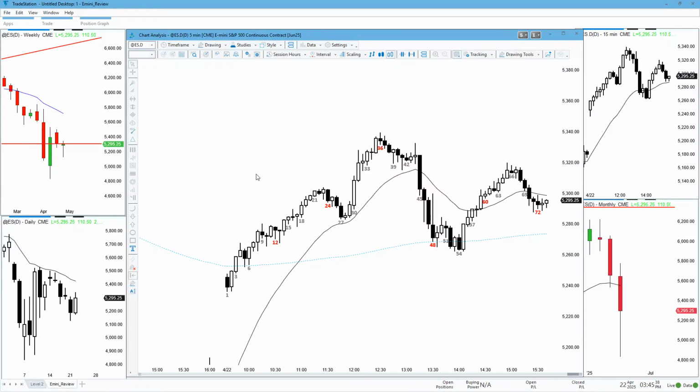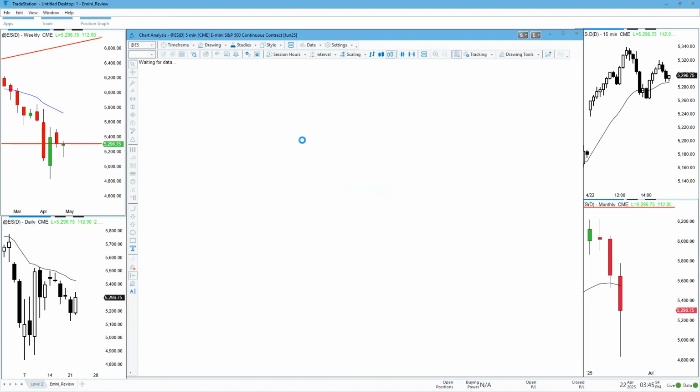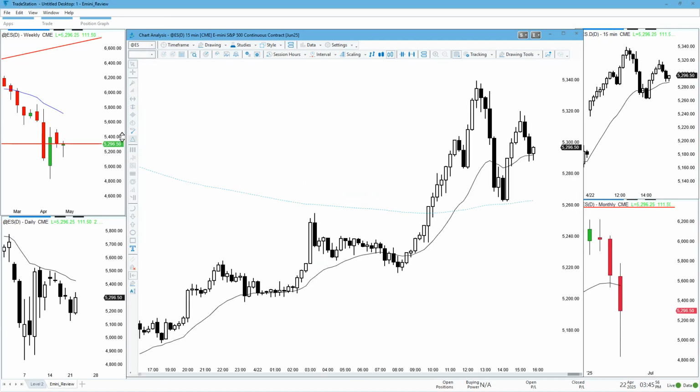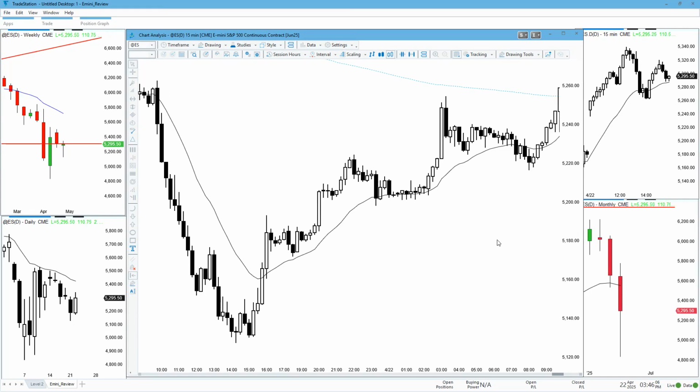I have time for just a brief video today, so I want to get right into it and talk about the 5-minute chart. And whenever there's a gap up like this going into the day, I think it's worth looking at the Globex chart. See what the market did overnight from yesterday's close and into this morning's open. So here we are at yesterday's close, and we can see